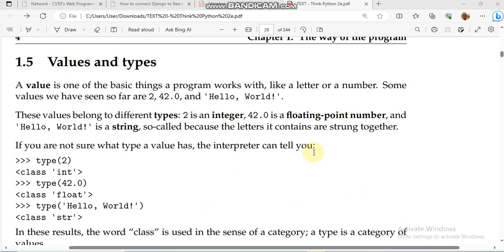values and types. A value is one of the basic things a program works with, such as an input. Whatever value you pass into a print function will be printed to the screen, like a number or a string. Some values we have seen so far are 2, 42.0, and hello world that we printed to the screen. These are values that we pass into the computer for it to perform some computation, then give us the result. Using the print statement, we pass in hello world